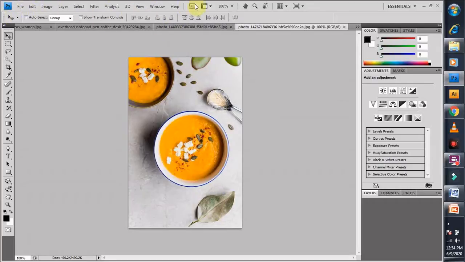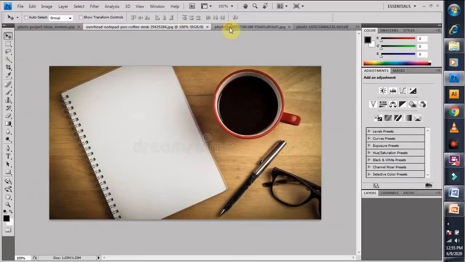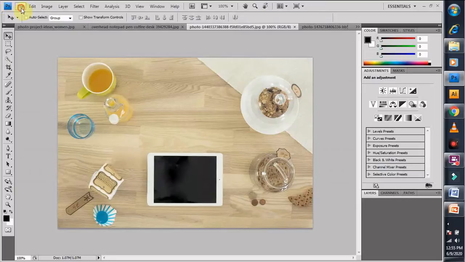First, this is your menu bar, menus. Whichever menu or tool I click on, the options get opened up. That's why it is called the option bar. This is the toolbar. This is the document window. These are the dock panels. I've already opened up a few images, but from a beginner's point of view, I'm again